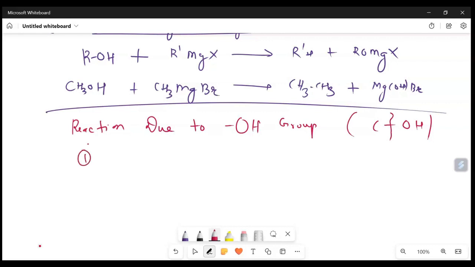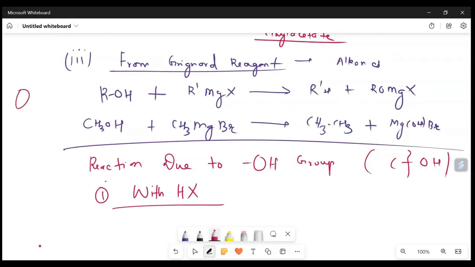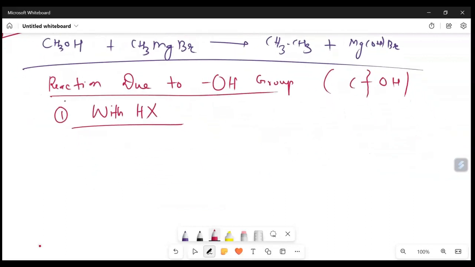The first reaction in this is with HX. The above reactions were all about cleavage of the O-H bond, and in this reaction now we are going to understand the cleavage between C and OH